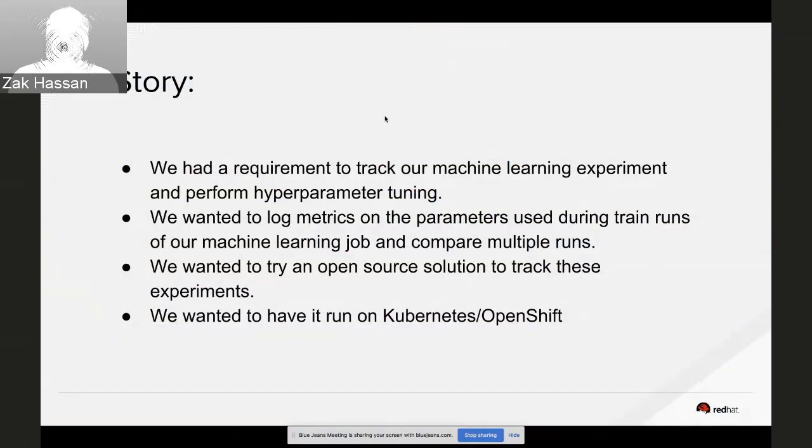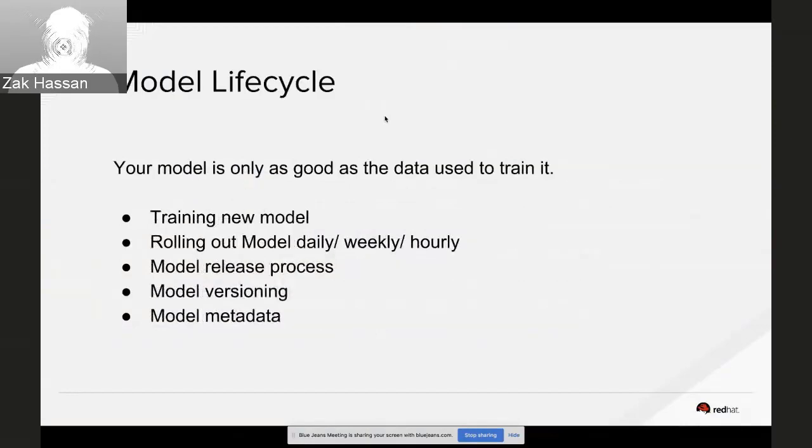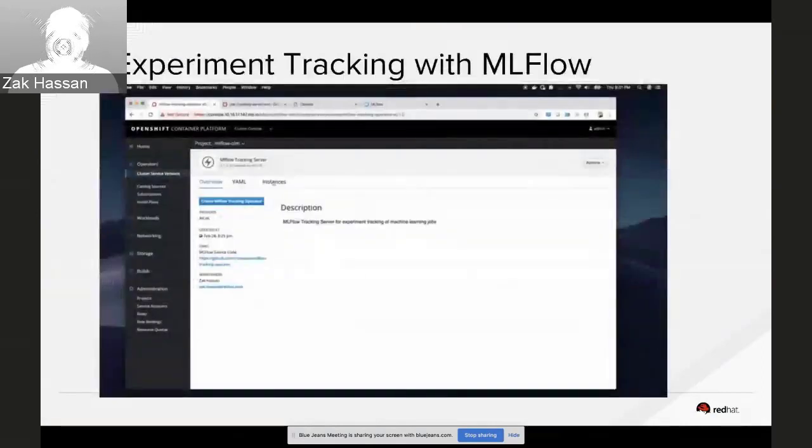That's more into the use case, but the ML lifecycle is a complex thing. We wanted something off the shelf, open source that we could pull in. We're running on OpenShift, which is our distribution of Kubernetes. So we wanted something that runs on OpenShift to do things like training the model, doing hyperparameter tuning, versioning. We found MLflow a great tool that has all these great features, and tracking experiments.